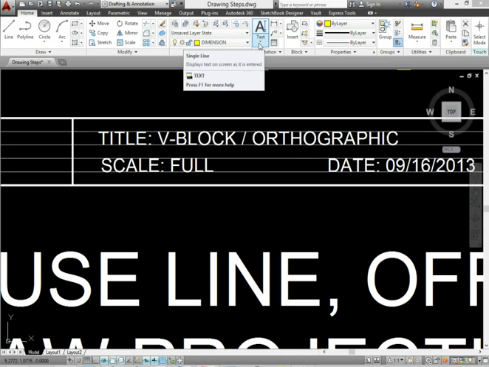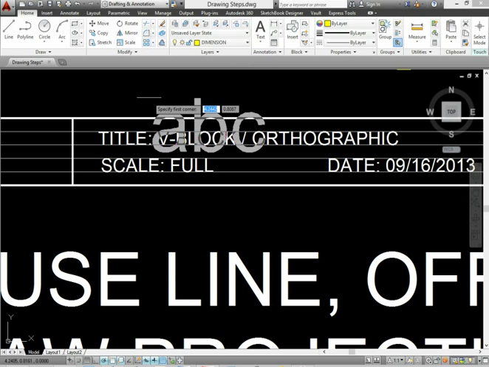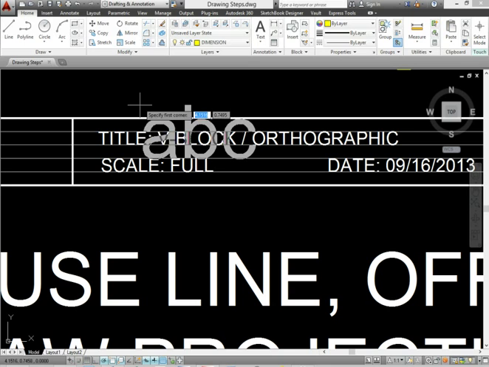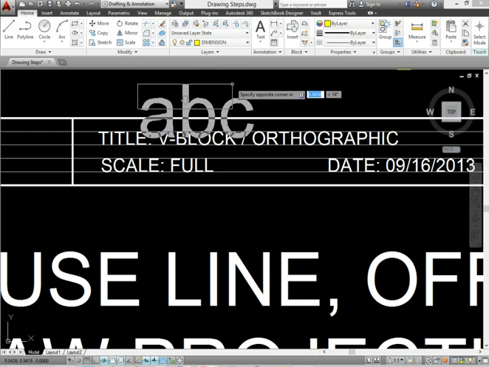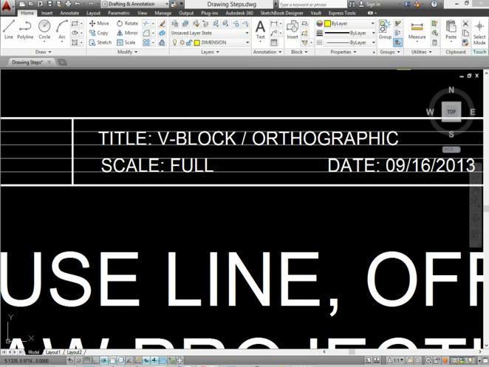There are two types of text, single line and multi-line text. I'm going to use multi-line text. When you use the multi-line text command, you need to draw a window of where you want to draw. After you do that, your ribbon at the top of your screen is going to change,